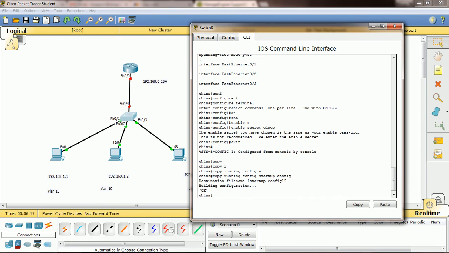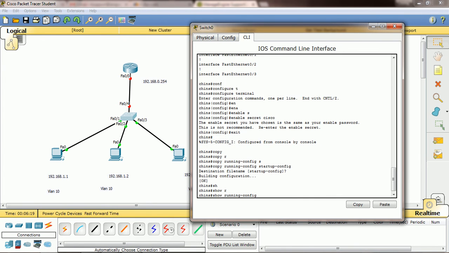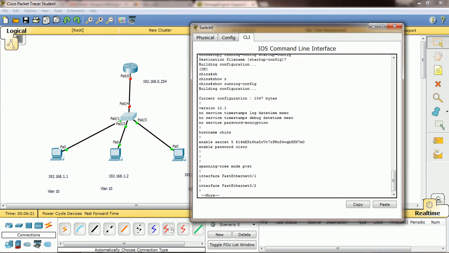Now you can see show running config. See the difference between enable password and enable secret. Enable secret is encrypted, nobody can view that password, but if you type the command enable password, this Cisco is visible for everyone. This Cisco is nothing but the password.